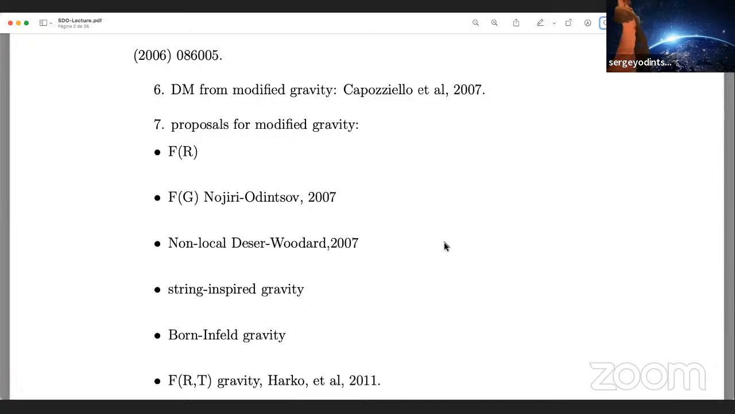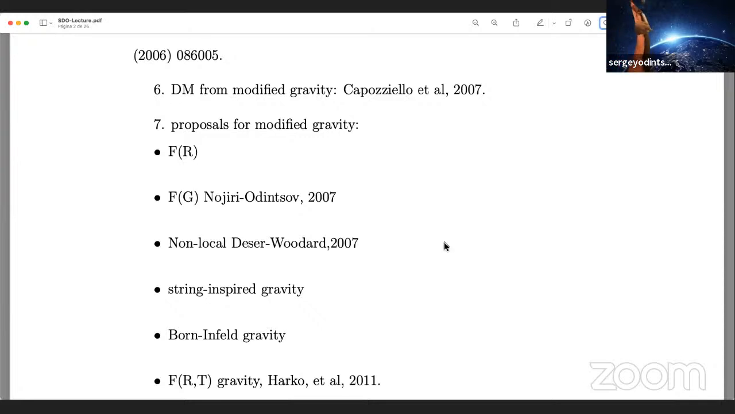For me, the most interesting, most attractive and probably most realistic model is the axion dark matter model, and I will talk about this model today. But as I told, dark matter models may be obtained also from modified gravity, and that is quite